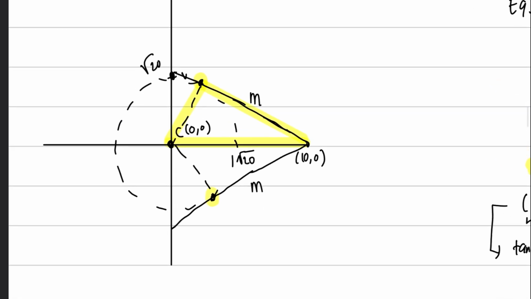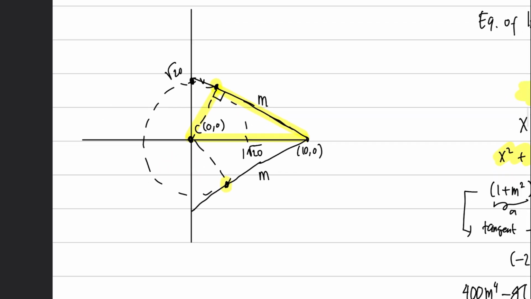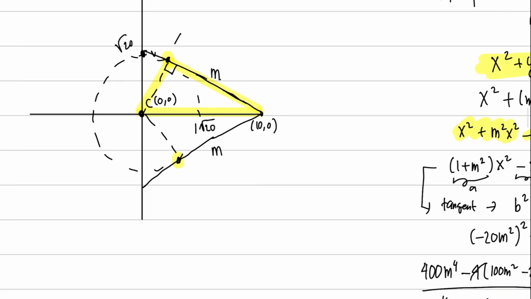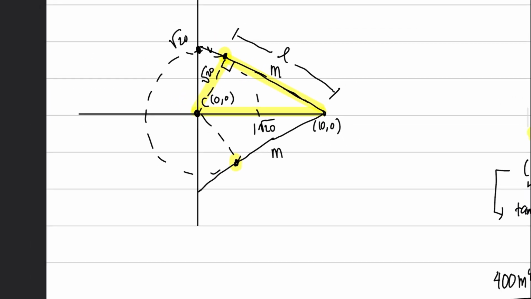Okay, and we know that the tangent line and the radius always create 90 degrees, right? So we can apply the Pythagoras formula to find the length of our tangent. So this is our hypotenuse, which is 10. Our height here is square root of 20 because that's our radius as well. So we can find the length using the